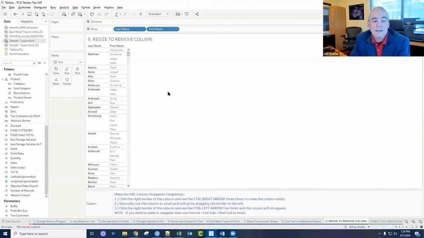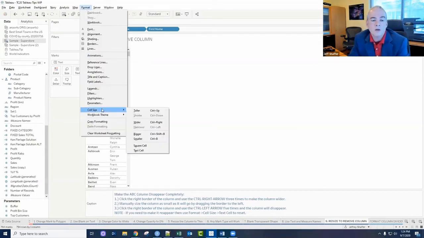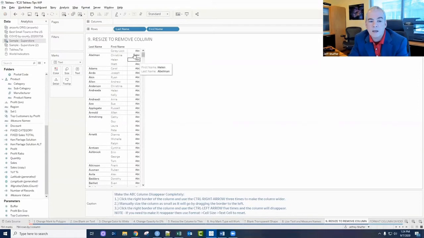If you want to get that back, that's very important, because you can't right-click, and there's no column to make wider. You're going to go to Format, and down under Format, you're going to go down to Cell Size, and under cell size, click on Text Cell, and it will set all of your cells back,